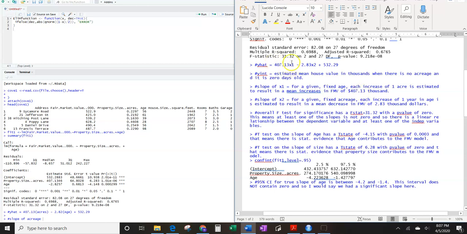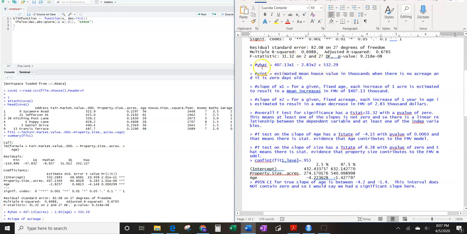Think about the fact if you let x1 be 1 and x2 be 0, right? When you plug in, x1 is 1 for 1 acre, x2 is 0, being their house is brand new, 407 plus 532, we're at almost $1 million house when you have the house plus 1 acre of land. That's very important to understand